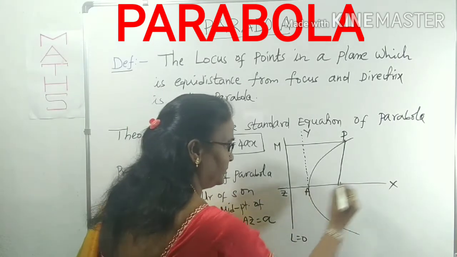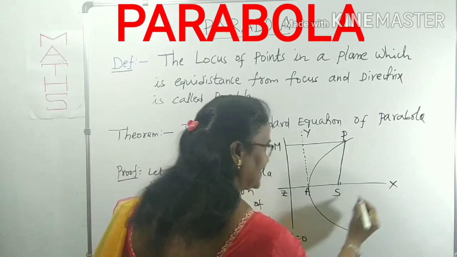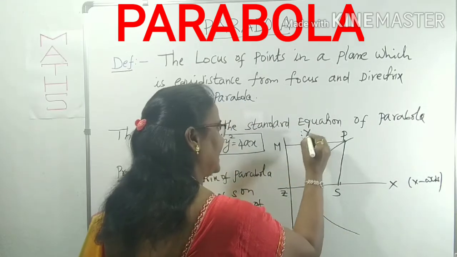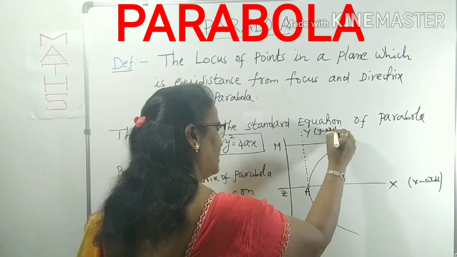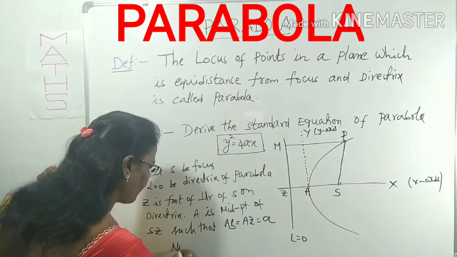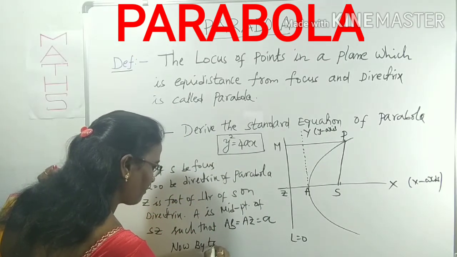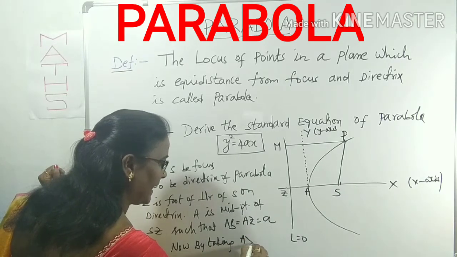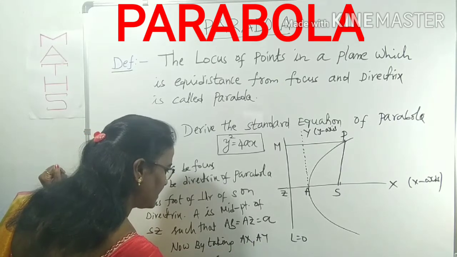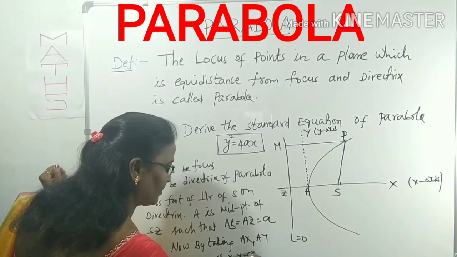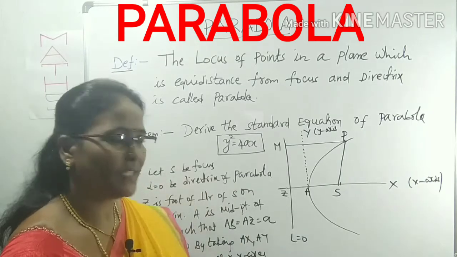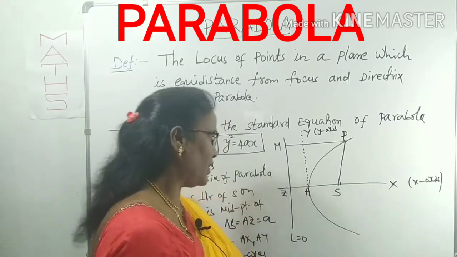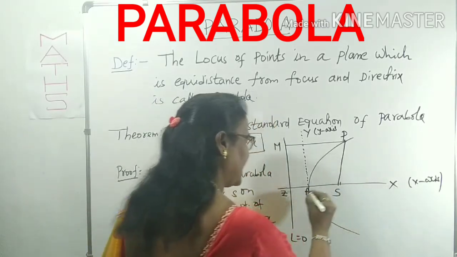Now we can observe this figure. The line AX is taken as x-axis and AY is taken as y-axis. Now by taking AX, AY as x, y axis respectively, if we take. Now come to this, this is clear. Now come to the S, what does it become? You know, AX is x-axis, AY is y-axis.